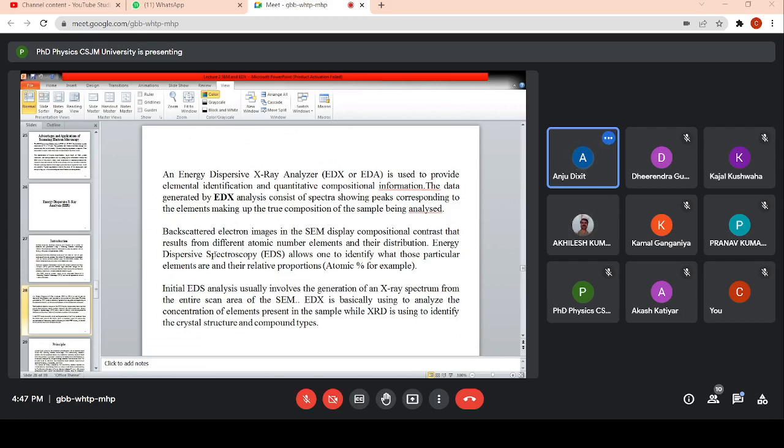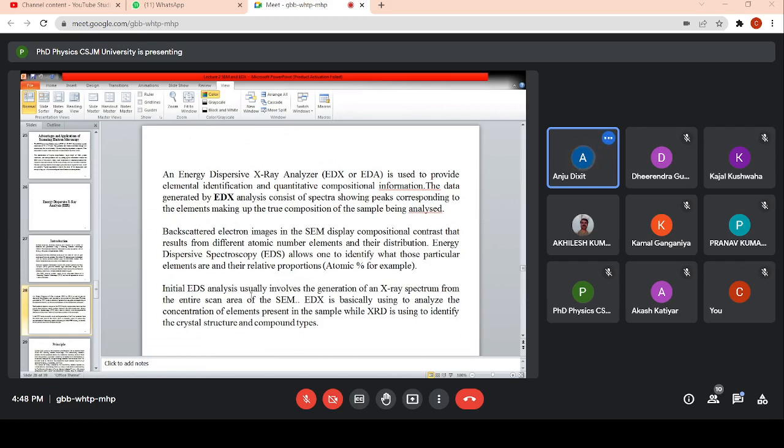बी उसमें प्रेजेंट है। So that scattered electron images in the SEM display compositional contrast that results from different atomic number elements and their distribution, which I explained to you in last slides. So energy dispersive spectroscopy allows one to identify what those particular elements are and their relative proportion, that is atomic percent. For example, जो भी आपके एलिमेंट्स हैं, वो किस प्रोपोर्शन में प्रेजेंट हैं,